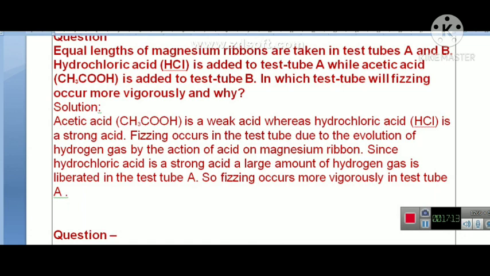Equal lengths of magnesium ribbon are taken in test tubes A and B. Hydrochloric acid HCl is added to test tube A, while acetic acid CH3COOH is added to test tube B. In which test tube will fizzing occur more vigorously and why? As this is acetic acid,